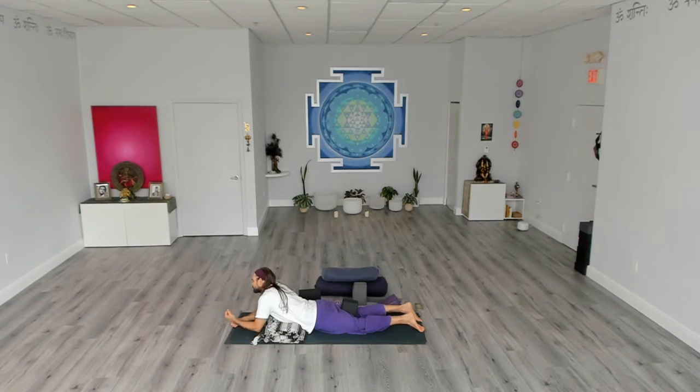Back up again for another round of Sphinx pose. If it feels like you can go deeper here into a back bend, you can do a seal pose, taking the hands forward in front of you, slightly out to the side. Turn your hands out to the side, and then you can lift up a little bit higher. If it feels like you can go further,